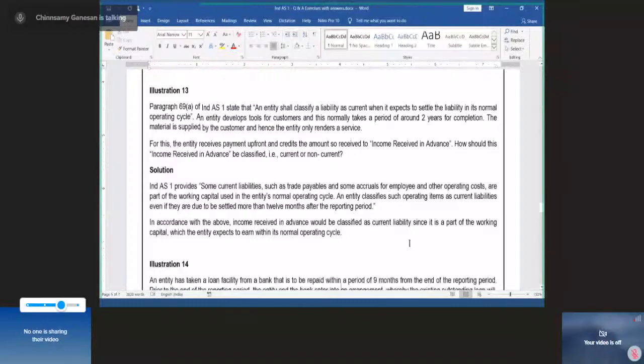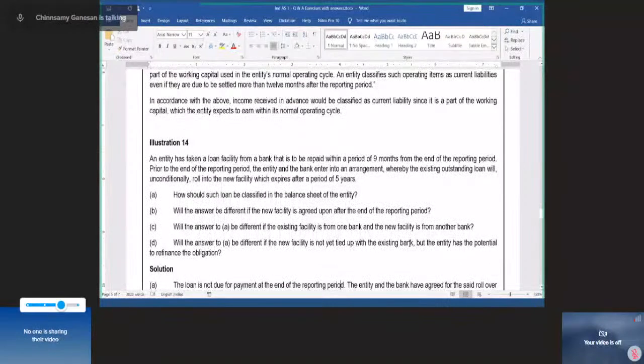Illustration 14 is talking about a loan facility. This is relating to a case where I took a loan, there are terms and conditions, and I have not met the terms and conditions. What will happen? That is what we said about the reclassification of the term loan into a current liability when there is a non-compliance with loan covenants. Here it is to be repaid within a period of 9 months from the end of the reporting period. The moment I am saying 9 months from the end of the reporting period, automatically that comes as part of my